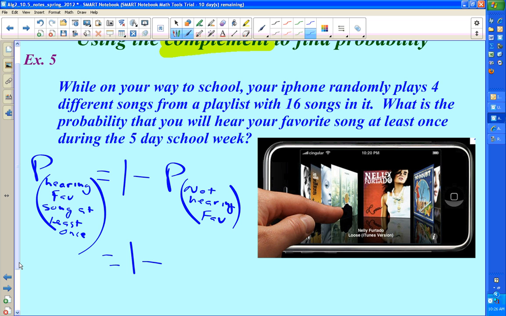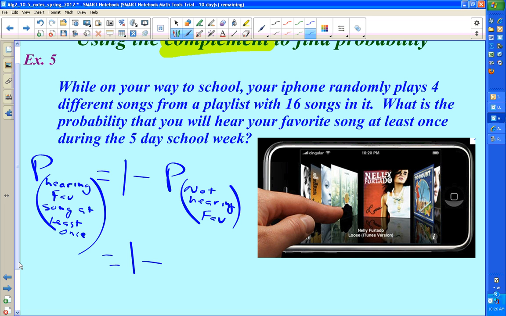How many ways can we have a group of 4 songs play on any given day and not have your favorite song be in that group? And it should be a pretty significant number. It should be pretty big. Well, when you do the combination of 16, like we're getting 4 out of that,